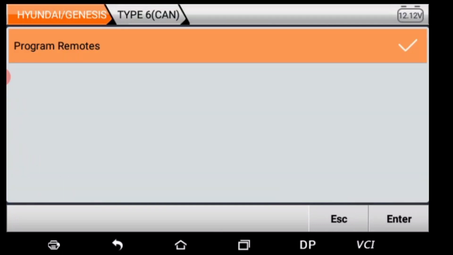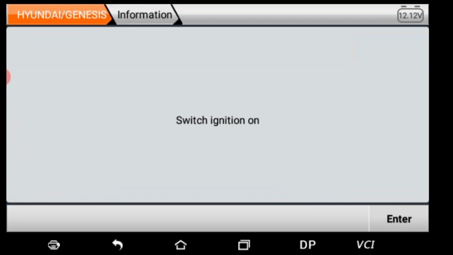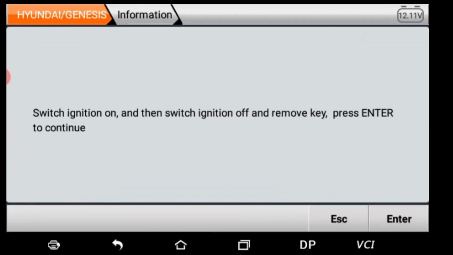We should go for program remotes. And now it's saying switch ignition on, communicating. And now it's saying switch ignition on and then switch ignition off, and remove the key. Press enter to continue.